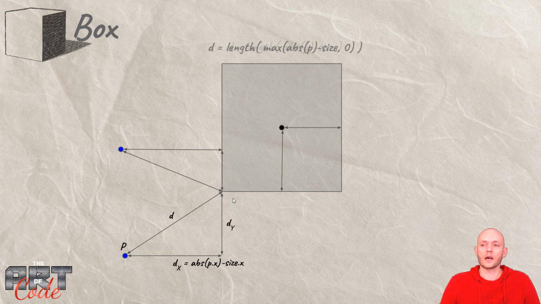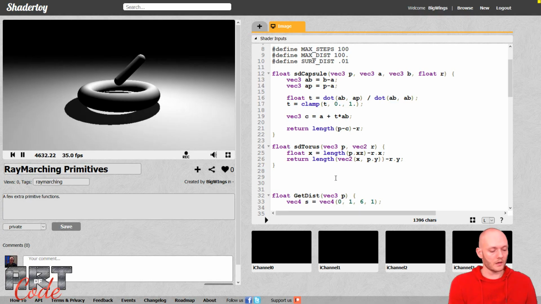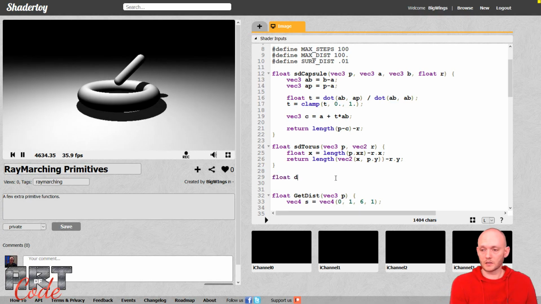And so if you do that, then this triangle kind of gets compressed to 0, and you basically just get the distance that you need. So there is your distance to a box. So let's implement that. Let's go over here and go float dBox,